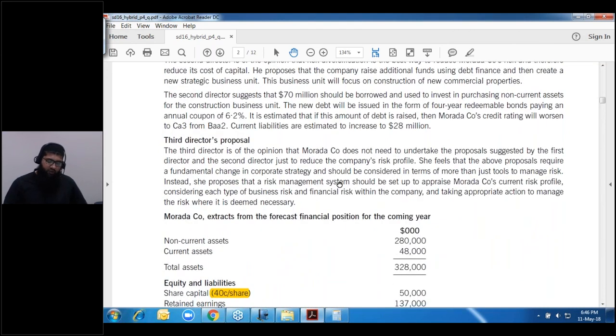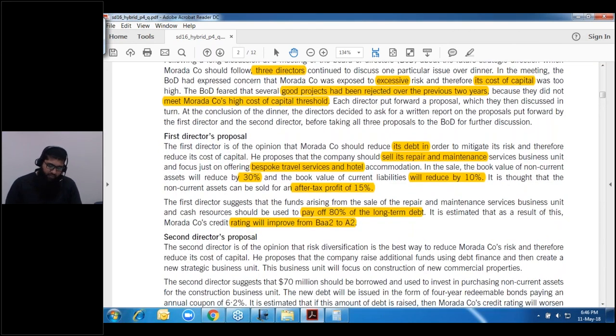What was his proposal? His proposal is that we should reduce the debt by selling the repair and maintenance service business unit. And his point is that the book value of non-current assets will reduce by 30%, and the book value of the current liabilities